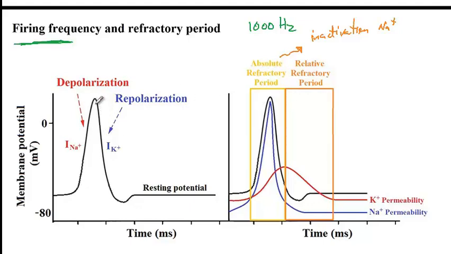Now, after the absolute refractory period, this is the time that potassium channels are letting potassium outside the cell. So now in this period, the sodium channels have been activated, and so therefore a new action potential can be generated, but it requires a greater than normal stimulation or depolarization, because now the potassium channels are open, and so therefore a stronger stimulus is needed to reach the threshold potential.